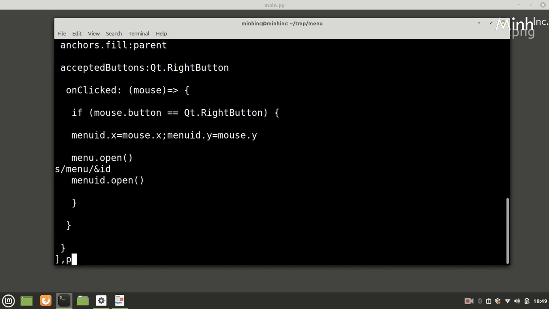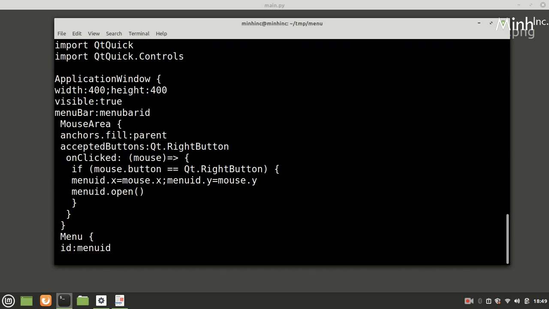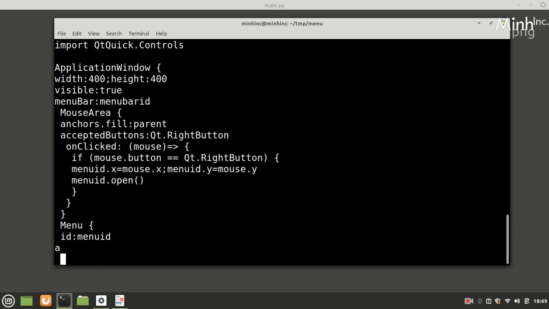Menu id. Okay, so finally we are here and we'll continue typing. Now we'll have a property xpos, because if we do right clicking, the menu position would change and it should come back to the original position if we want it through the menu bar. So that is the idea.